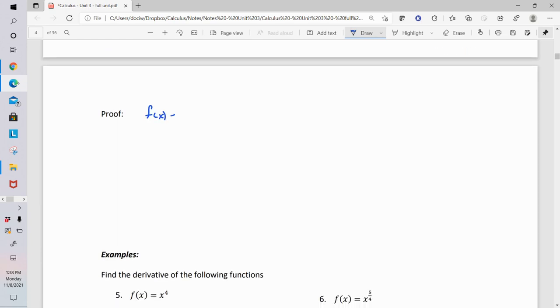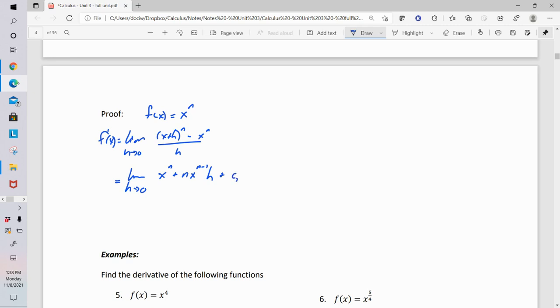Suppose f of x equals x to the n. The derivative of that then is the limit as h approaches 0 of f of x plus h to the n minus x to the n, all divided by h. To do the algebraic expansion of x plus h to the n, that's going to be x to the n plus n x to the n minus 1 h plus, and then we're going to have a different coefficient,